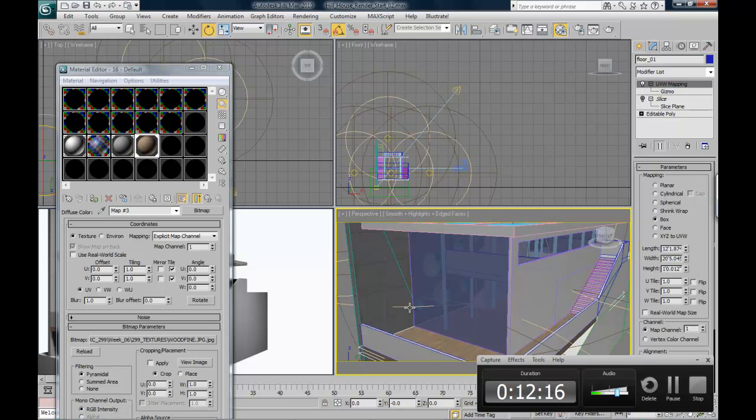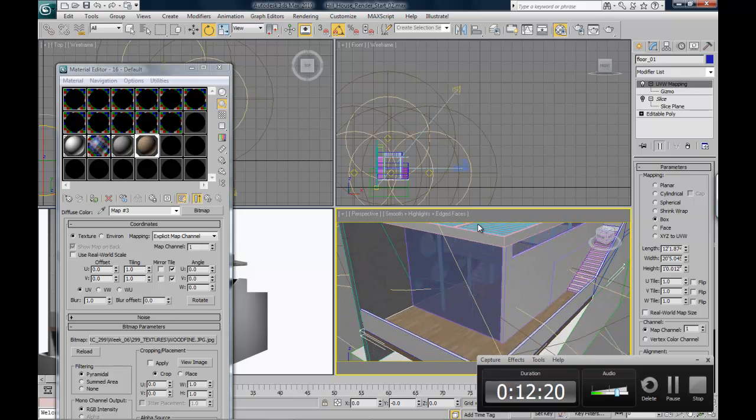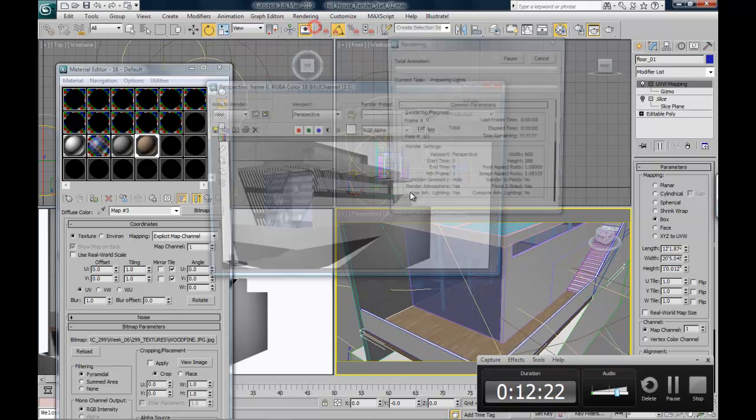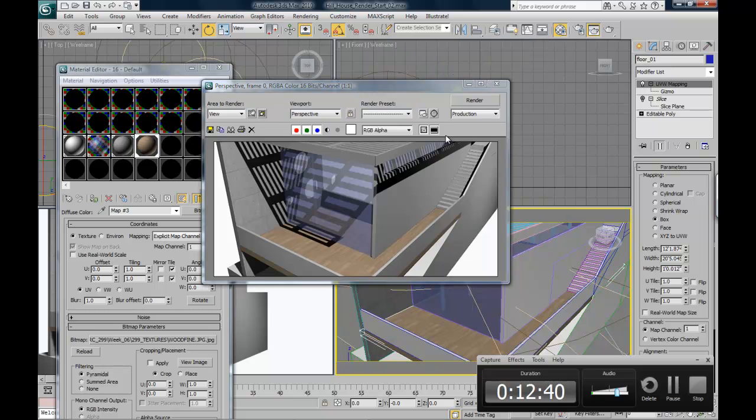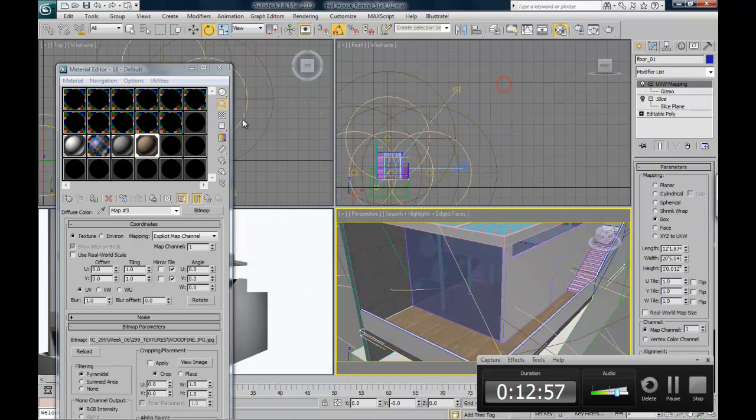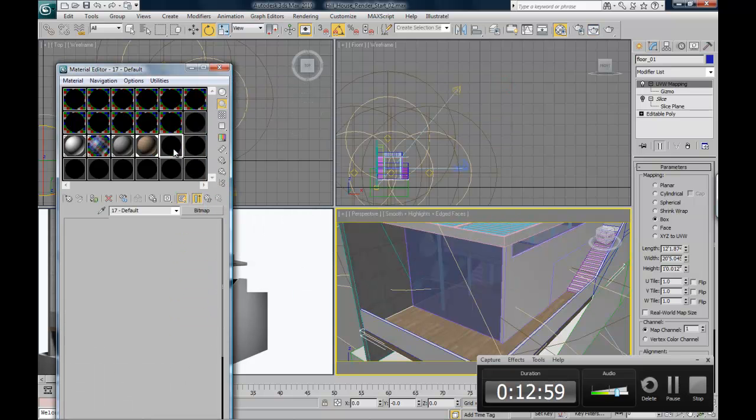Now if we do a quick rendering, we can test out how our new wood material looks. Okay, so we now have a wood material applied to the floor. Now let's work on the glass material a little bit. This is going to get into manipulating some of our more basic shaders or basic materials. So let's make a new material,